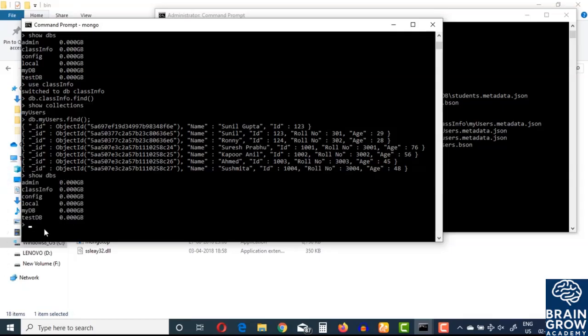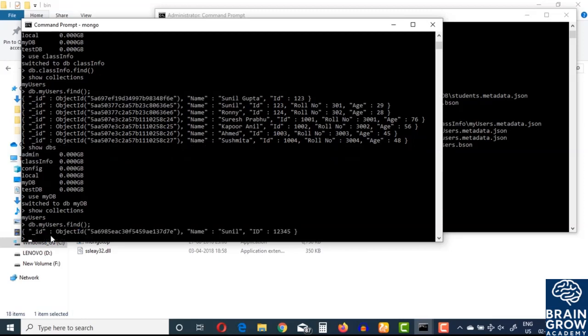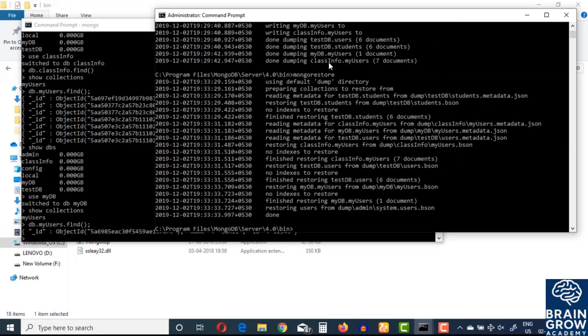Suppose I want to use MyDB. So use MyDB, and I'll see how many collections it is having. So it is having one collection. If I run the command myusers.find, we can see there is one document. So what I'll do, I'll try to back up this MyDB database. Okay, so I need to come to this